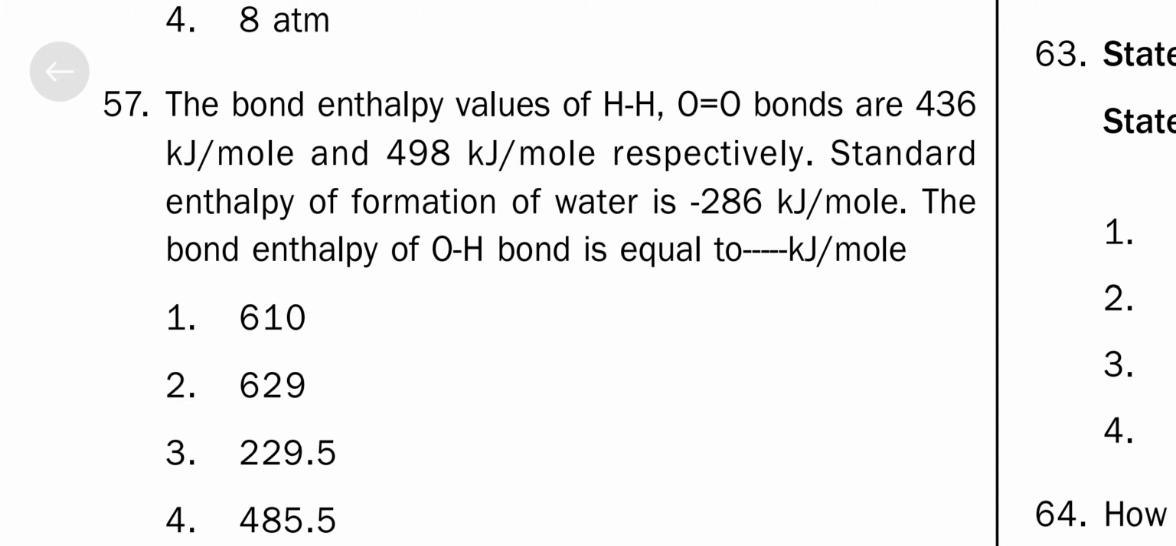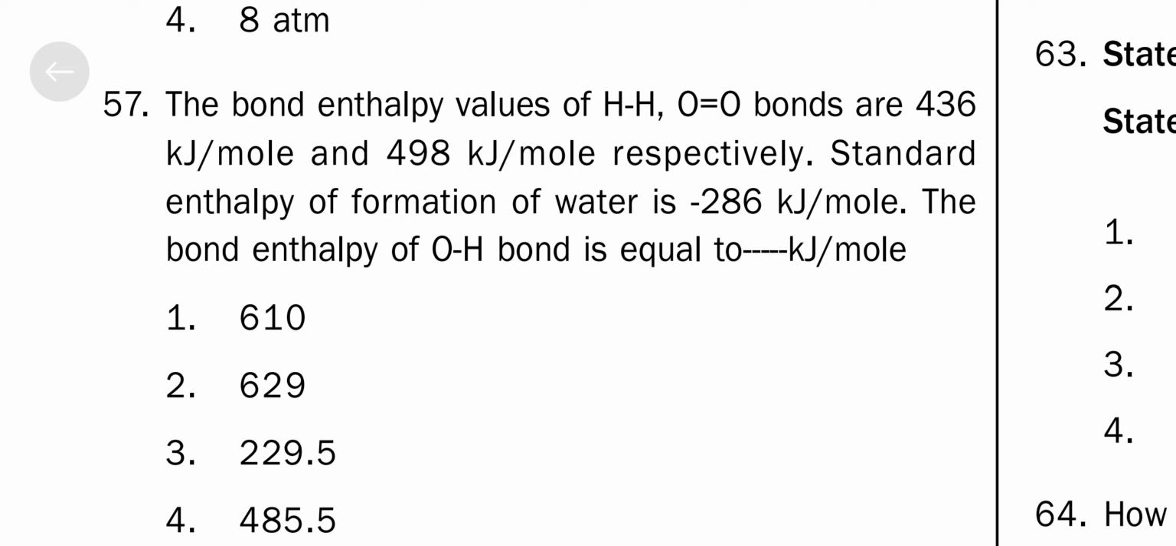Here, what you need to notice is that standard enthalpy of formation of water means 1 mole of water. When you are taking 1 mole of water, that is minus 286. Enthalpy of formation of water is given to you. And when you are writing the formation of water, H2 plus half O2, the O=O bond energy, whatever 498 is given, you have to take it as half. Then the value will come around